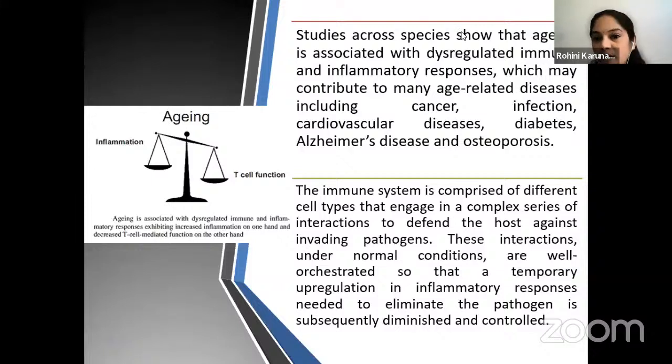But how far is it common? How far have we accepted it? And how are we treating it? How is our lifestyle modification? All this becomes a question when it comes to healthy living, because aging is a very crucial thing today, because managing ourselves during our healthy lifestyle and managing ourselves during old age makes a big difference. So as you know, the immune system is comprised of different cell types as they engage in a complex